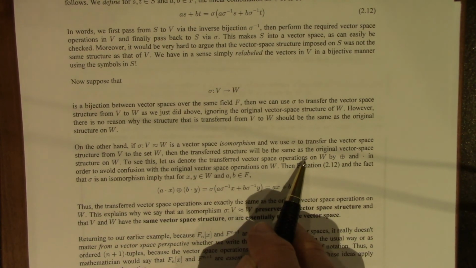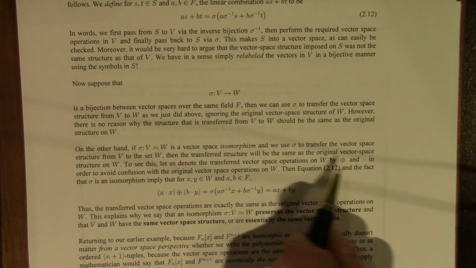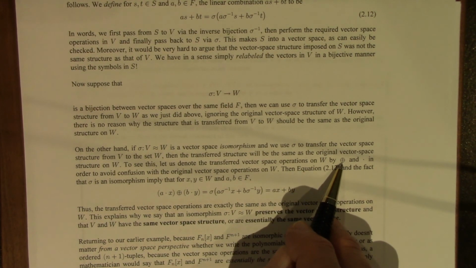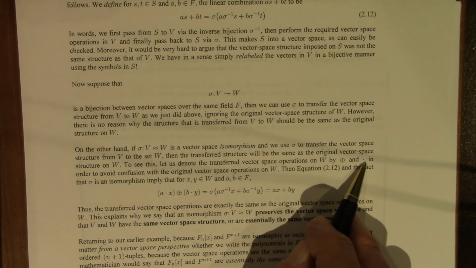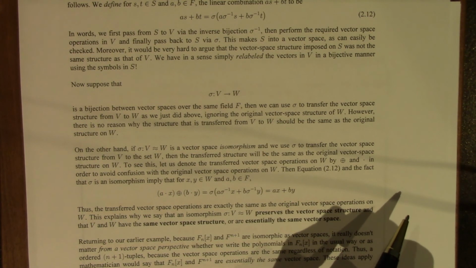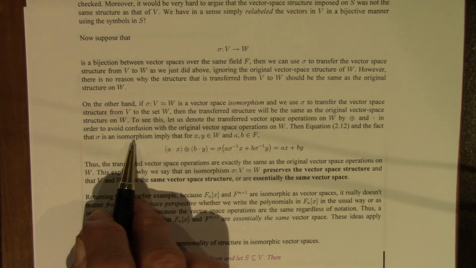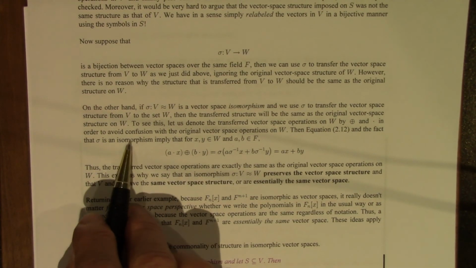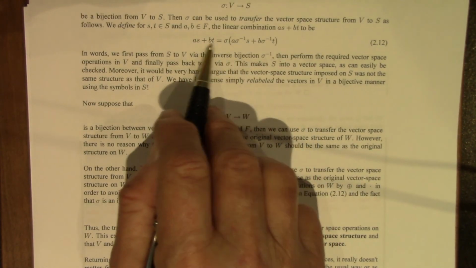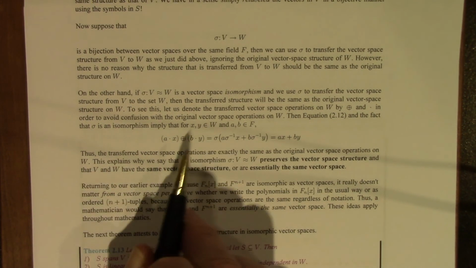I'm going to denote the transferred structure, the operations, addition with a circle and scalar multiplication with a dot, so we don't confuse those with the original operations on W. Okay? Now, this is the definition of the transferred structure. Okay? Sigma is an isomorphism, so